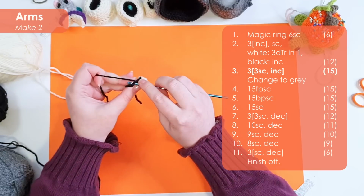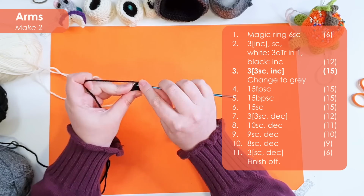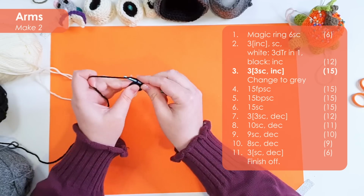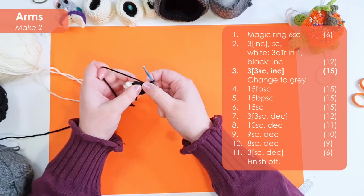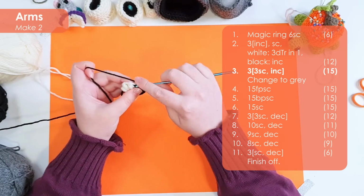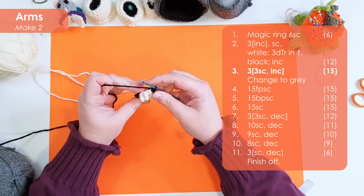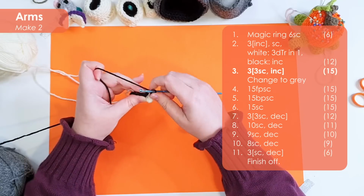Now working in our black, we're going to work 3 repeats of 3 single crochet and an increase. So there's our first repeat. We're going to do that again. 1, 2, 3, and an increase. And one more time. So 1, 2,